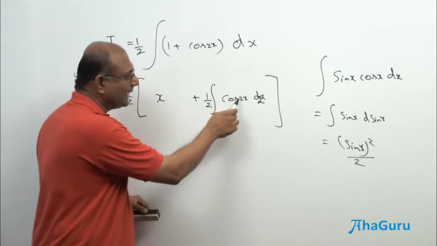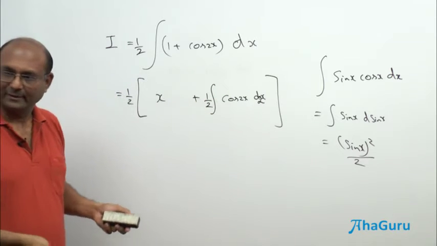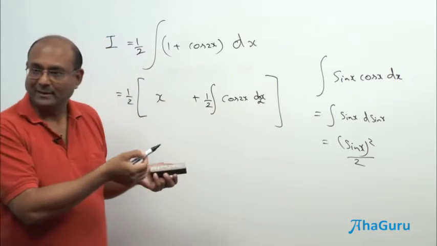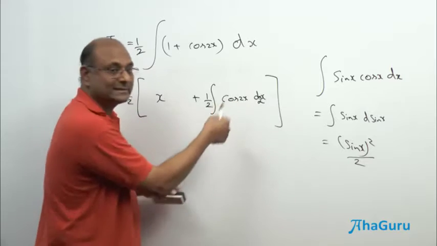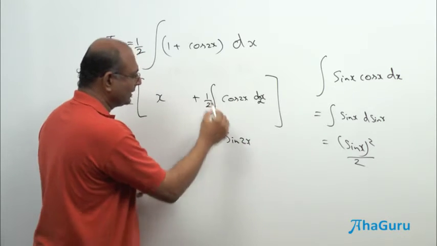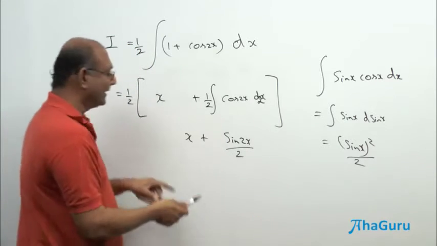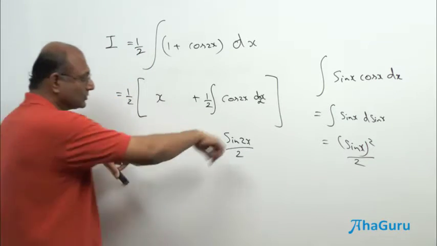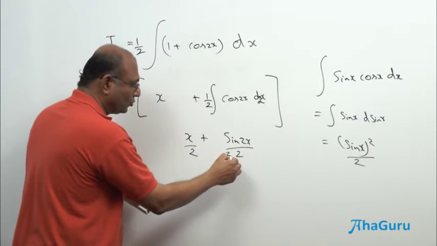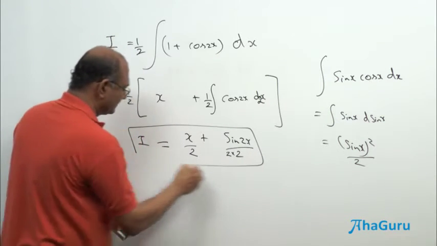Now what is cos x dx? The integral of cos x dx is sin x. Right? D sin x will give me that. Now cos 2x d2x should give me sin 2x. So I can write this as sin 2x. So this will be plus sin 2x. There's already a half. So sin 2x by 2. X plus sin 2x by 2. The whole thing is multiplied by half. So this whole thing into half, which means x by 2, and this by 2 into 2. That is by 4. So this is the integral.